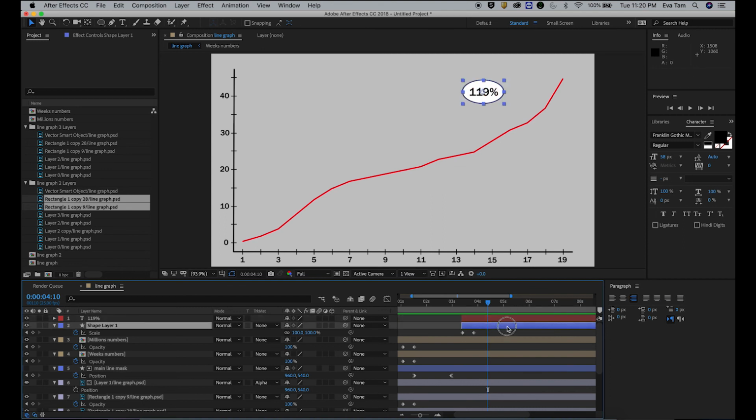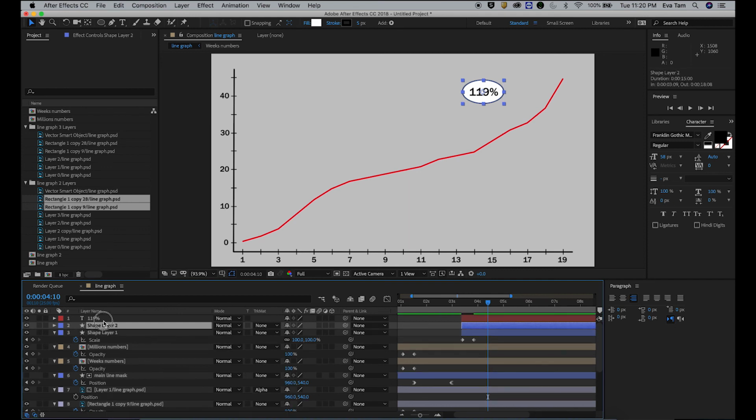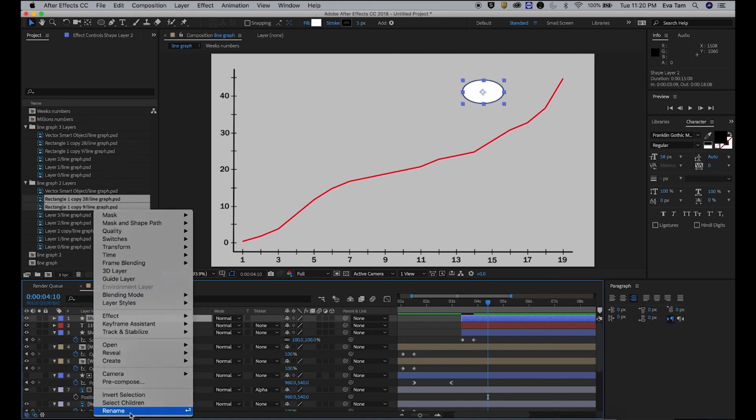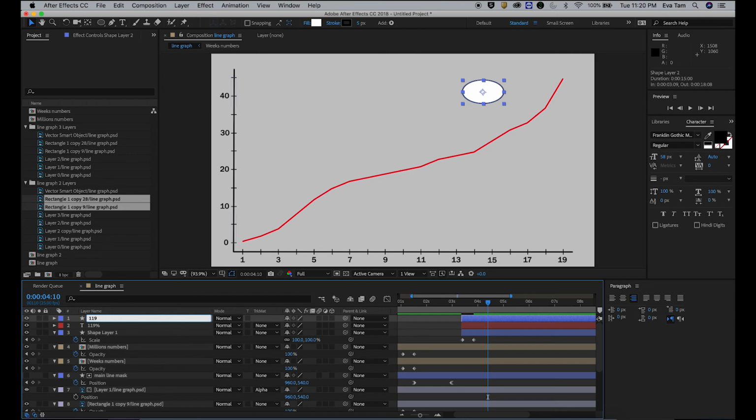And then what you can do is you can copy this like so. You put it above the 119, okay, and rename this as the 119 circle mask. You can track matte to this, so you can put track matte to 119 circle mask.